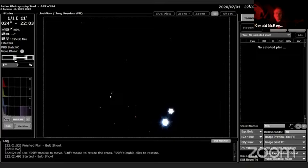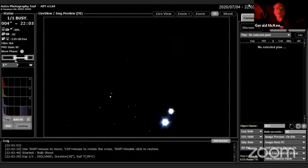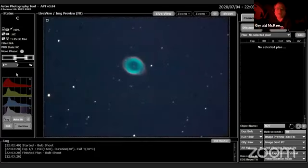So we're doing a 30-second exposure of M57, the Ring Nebula. The Ring Nebula is what we call a planetary nebula. It's gas shed by a dying star. So this star was once probably very similar to our sun, but it got very old. As it got old, it swelled up and became a red giant star. As a red giant, it began losing its